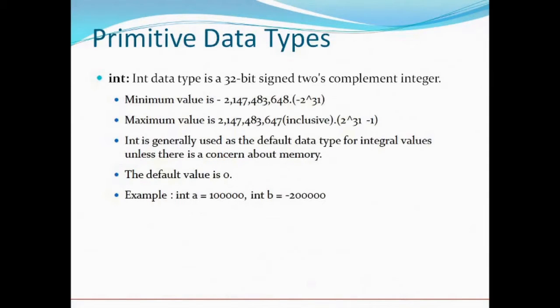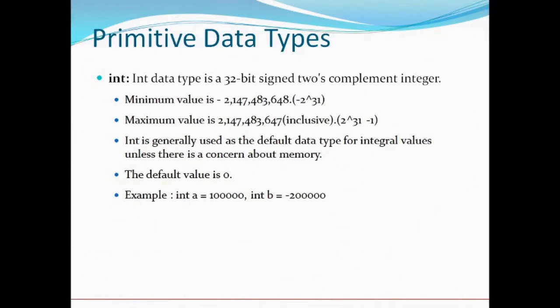Then there is integer. Everybody knows about integer. Now what is an integer? An integer is a data type, and as far as the C language is concerned, in the earlier versions of the C language the data type integer is stored in 2 bytes, and in C++ the size was 4 bytes, and it is retained in the Java language as well. There are 32 bits, or 4 bytes, as the size of the int data type, as a 2's complement integer.